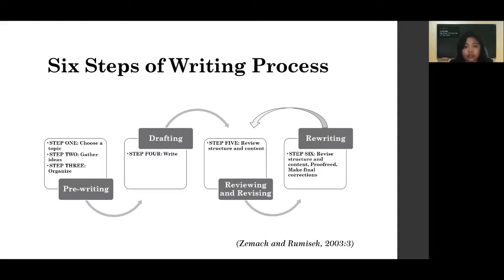Organize all of those ideas. After that, let's go to drafting, step 4. Now, after you have organized all of the ideas, you need to write.